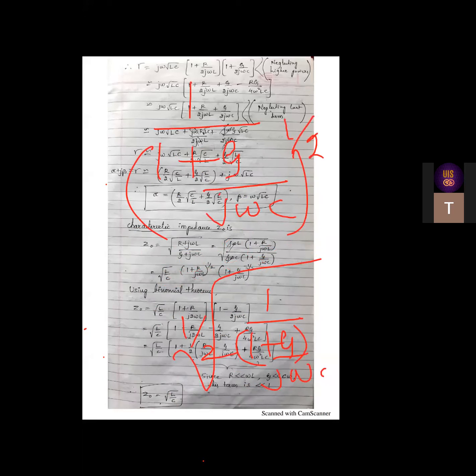If I take this power to the numerator, what will it become? It will be minus 1 by 2. 1 by x square is nothing but x raised to minus 2, something like that. So the power will be negative. Earlier both powers were half, but here it is half and minus half. Remember, this is a slight change here.